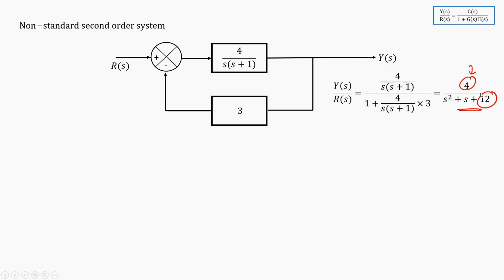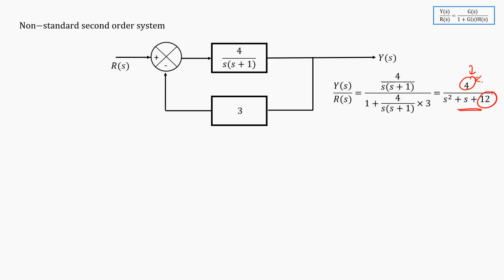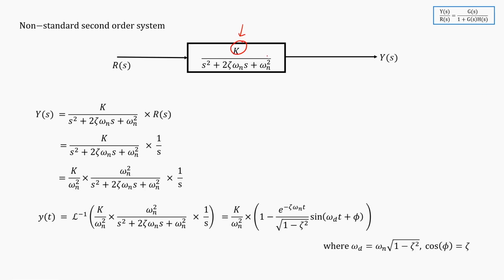So, it is not in the standard form. Does this mean that whatever we have studied till now goes in vain? No. Let us see what happens if this is not in the standard form. You have seen that the constants here are different. So, what I have done here is taken this constant to be a k and this to be omega n square. So, they are two different quantities now, and let us try to find out what is the step response